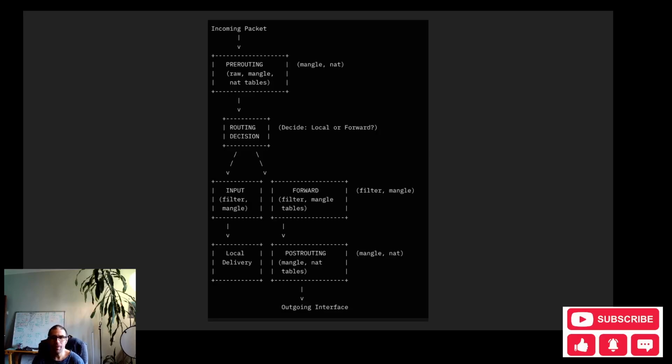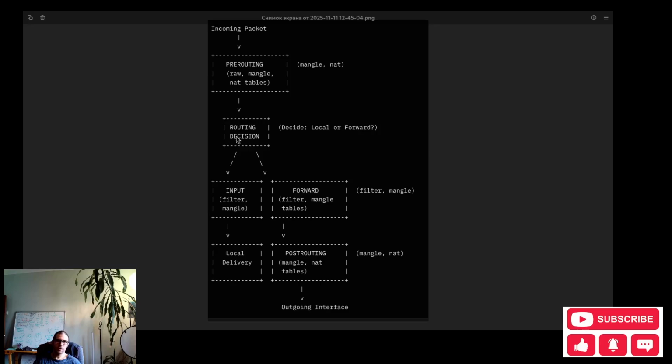So we have some IP packet, and this packet was generated not in our machine, it was generated somewhere outside our machine. Maybe in the local network, and maybe somewhere in the internet. So we have it here. This is its start point. And after this it goes to the prerouting point.